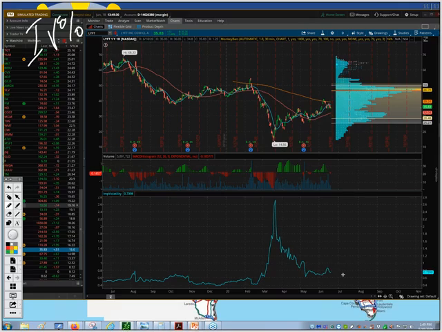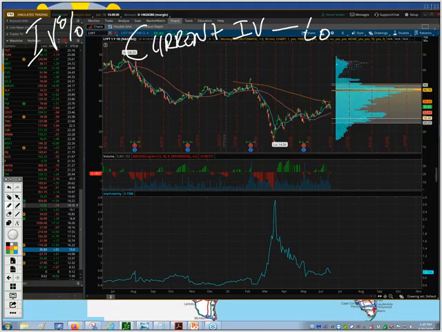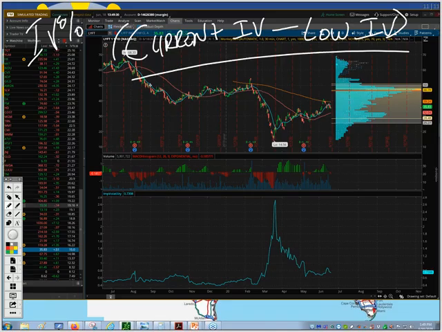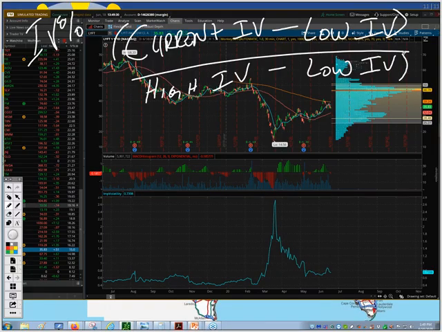This isn't going to be a very good example. 79. So we take the current IV minus the low IV. All right. We take that sum and divide it by the high IV minus the low IV. All right. So what it really does is it tells us, and you know, some of you math guys can tell right now, can see why this is,